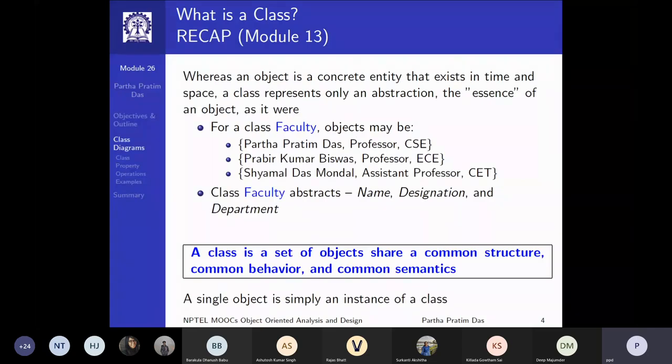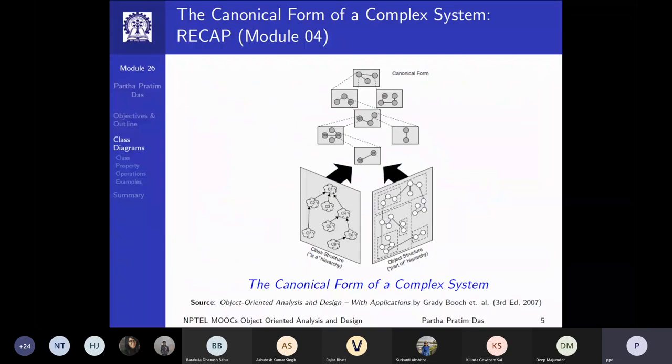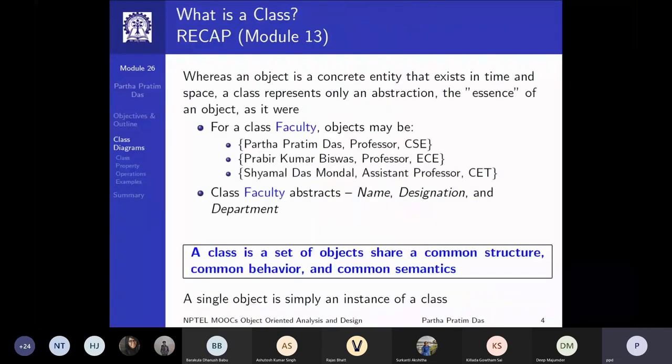As you know, an object is a concrete entity that exists in time and in space. At a given point of time during execution, an object exists, and in space in the sense that it is there in a memory location somewhere. In contrast, a class represents the layout. It's only an abstraction, the essence of an object. For example, for a class faculty, these could be the objects. And therefore, the class faculty abstracts the name of the faculty, the designation of the faculty, and the department of